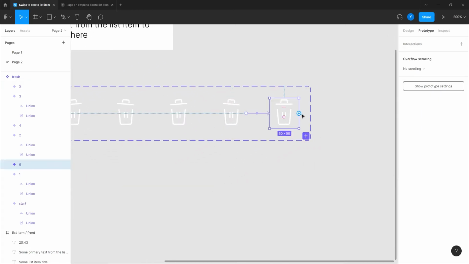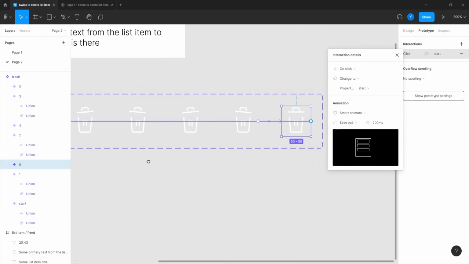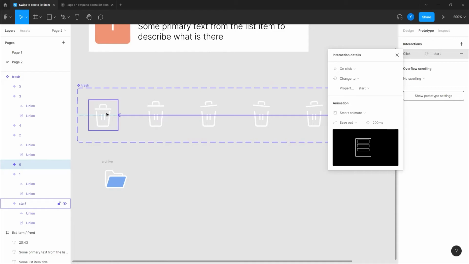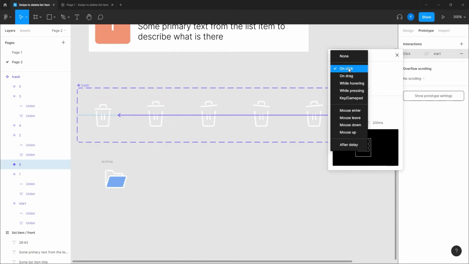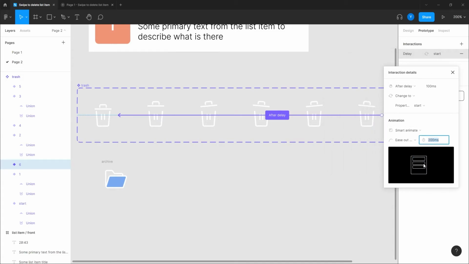And now this will go back here all the way to the first one, meaning that the trash can here will close and animate to this situation. I mean, the cover of the trash can is going to be placed here, and after delay, let's give it a small delay. I think that's okay. And ease out back, even if it's a short one. Let's give it 300 milliseconds.